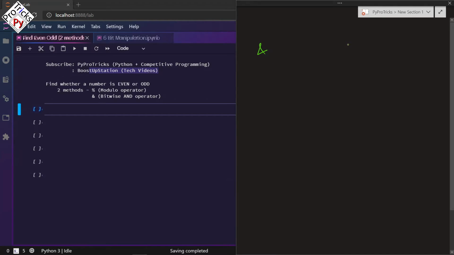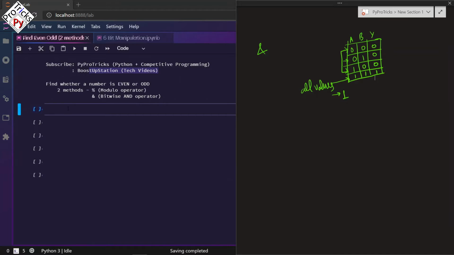Let me quickly draw the truth table of the AND operator. The input A, input B and the output Y. In the inputs, whenever there is a 0 as one input, the output will be 0. And for the output to be 1, all values must be 1. Then only the output will be 1.